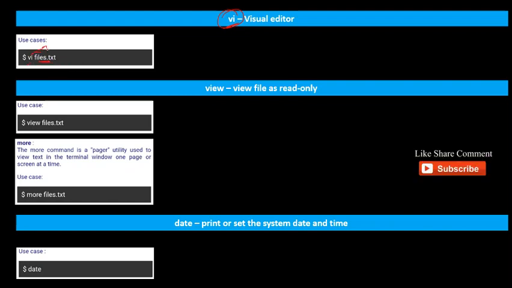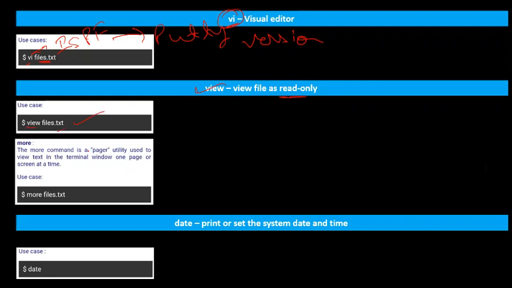Or I can use ISPF also, it exists in the PuTTY version. Okay. And to view a file as read-only, you can also view a file read-only. The more command also exists. The more command is a pager utility used to view text in the terminal window, one page or screen at a time. Use case is more file.txt.